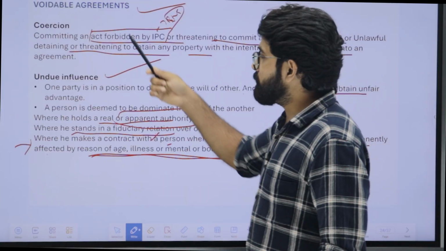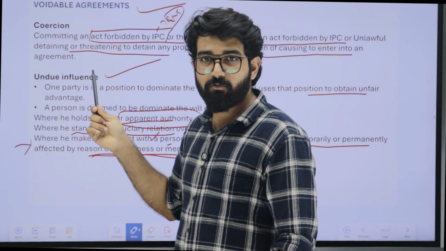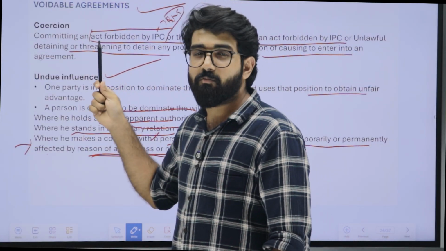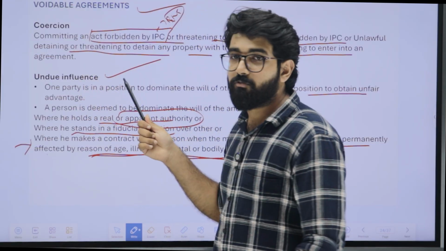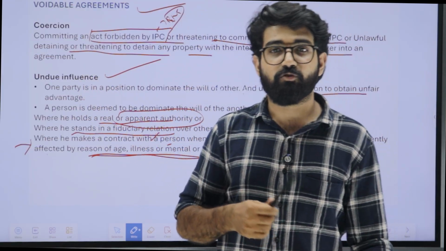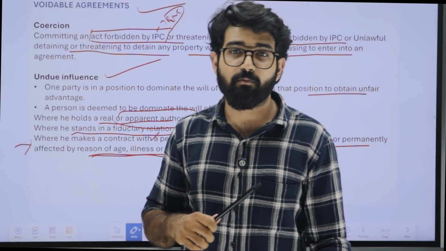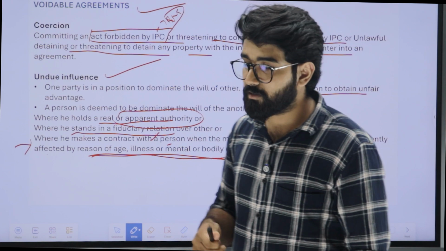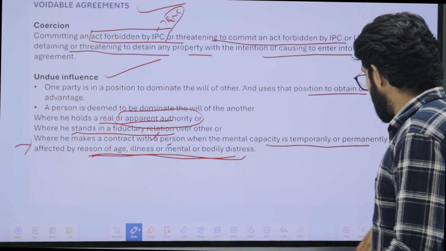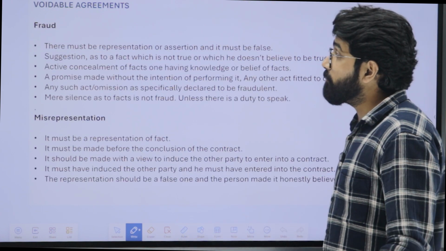So these are two things, coercion and undue influence. Coercion is threatening someone and making him enter into a contract. Undue influence is the abuse of position, apparent or real position, to dominate the will of the other person. So these are the two things to keep in mind. Then going forward,